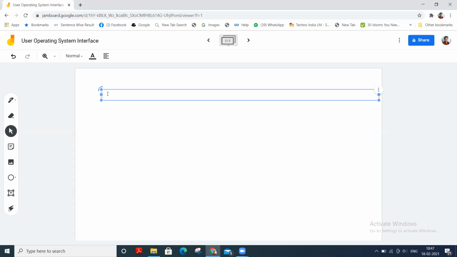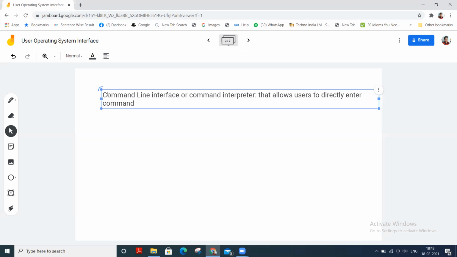So first of all, command line interface or command interpreter, that allows users to directly enter commands to be performed by the operating system, by OS.